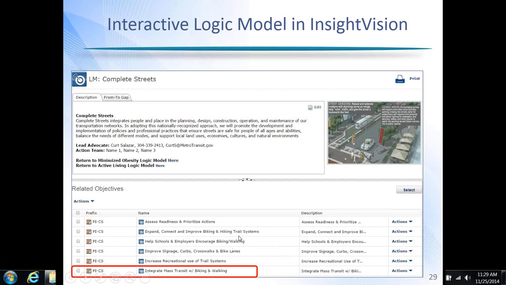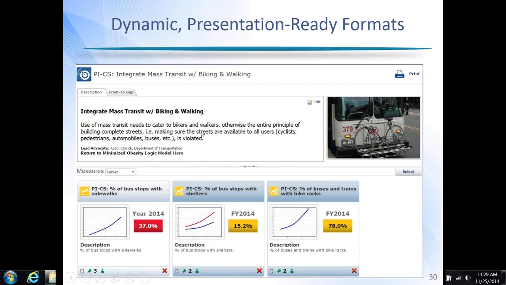So you can start with very high-level issues like we want to reduce chronic disease, and then get down to things that are much more actionable and have measures and projects or initiatives that fit into a much bigger strategy. Clicking on any of those will bring up details. In our software we can have different tabs with different information that can be customized. Here's where we can begin to have information that we can easily edit and measures that we can monitor progress on.